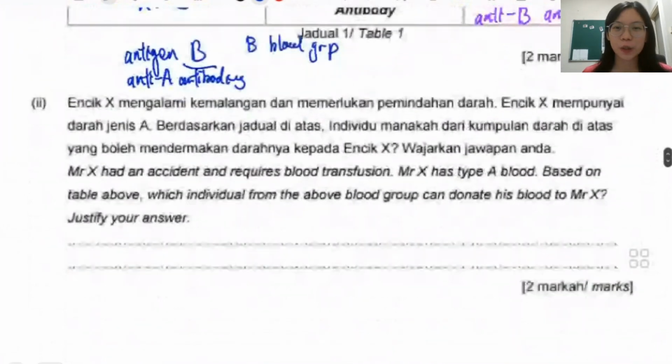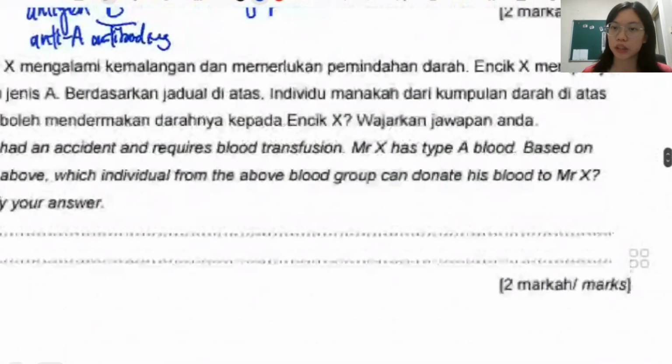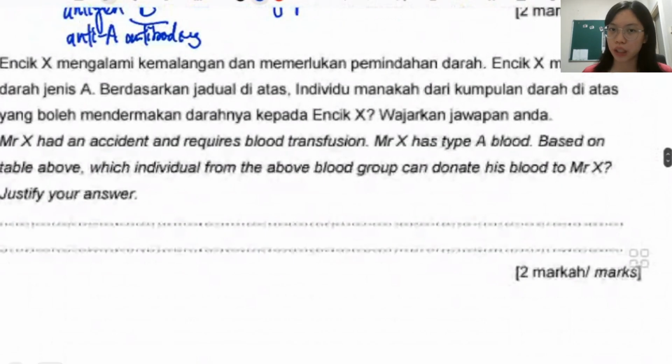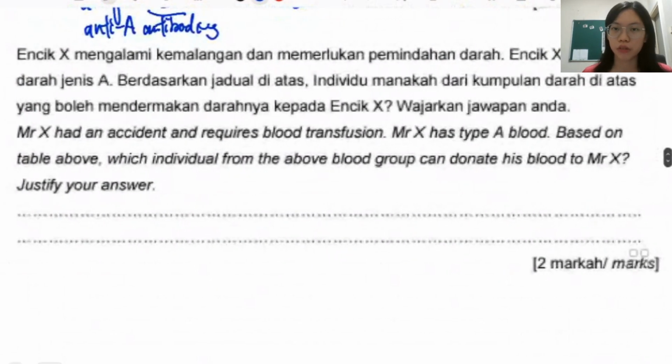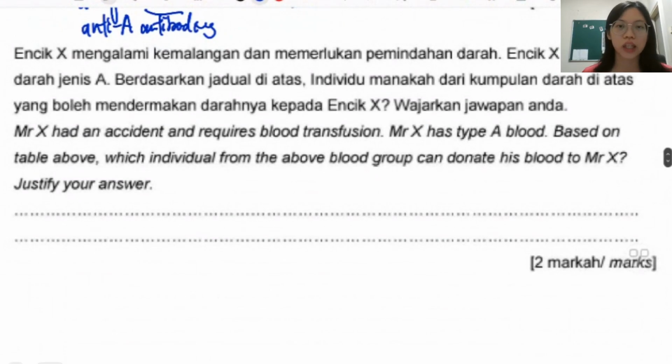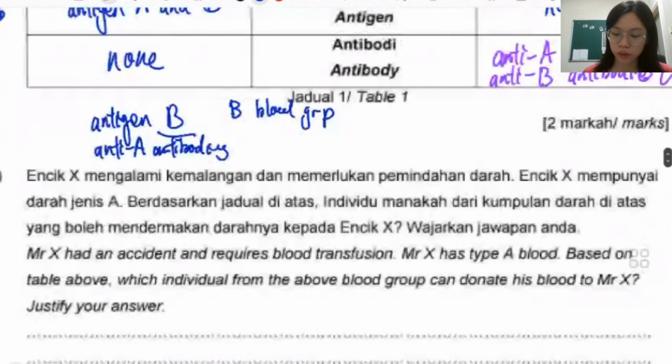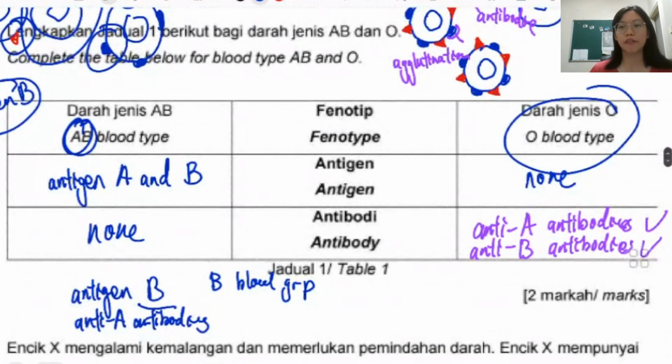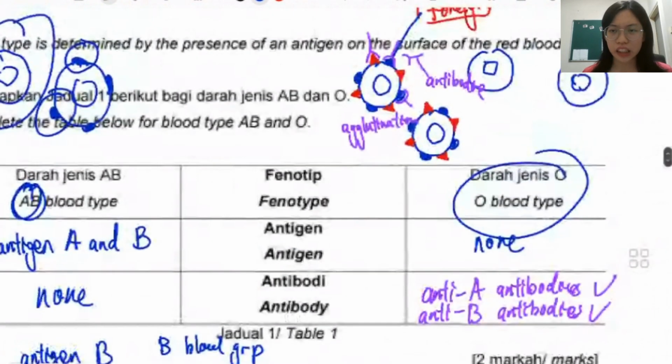All right, so he had an accident and required a blood transfusion. He has type A blood. Based on the table above, which blood group individual can donate blood to Mr. X? Justify your answer. Since O blood type doesn't have any antigen,